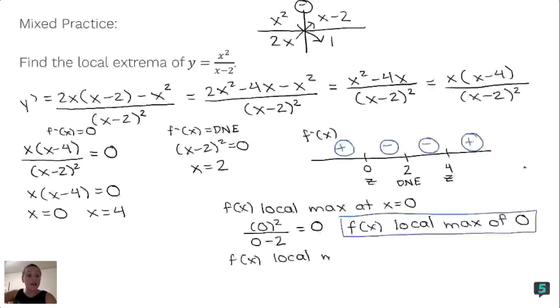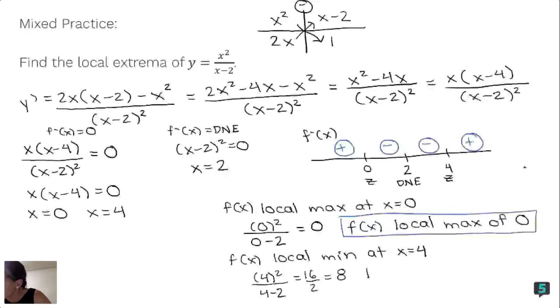We've got to plug that 4 in. We're going to have 4 squared over 4 minus 2, which is going to give me 16 over 2, which is 8. So f of x has a local min